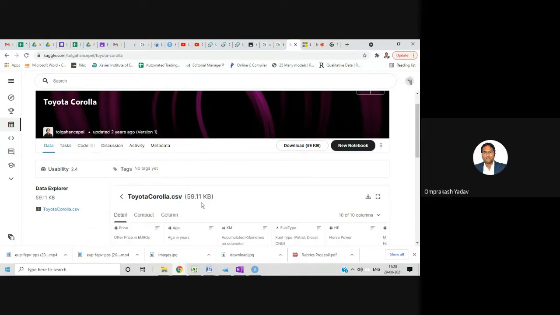So these are CSV files, comma separated values. You can take the data from an Excel file also and pull it up in R. From different sources we can take data, and I'll be showing you how to get the data from different sources, and how to view and process it. Thank you, sir.